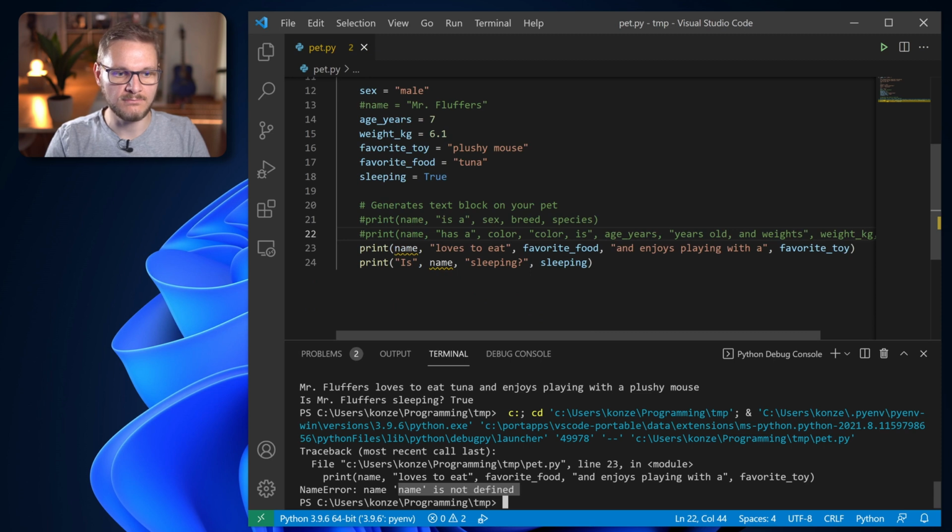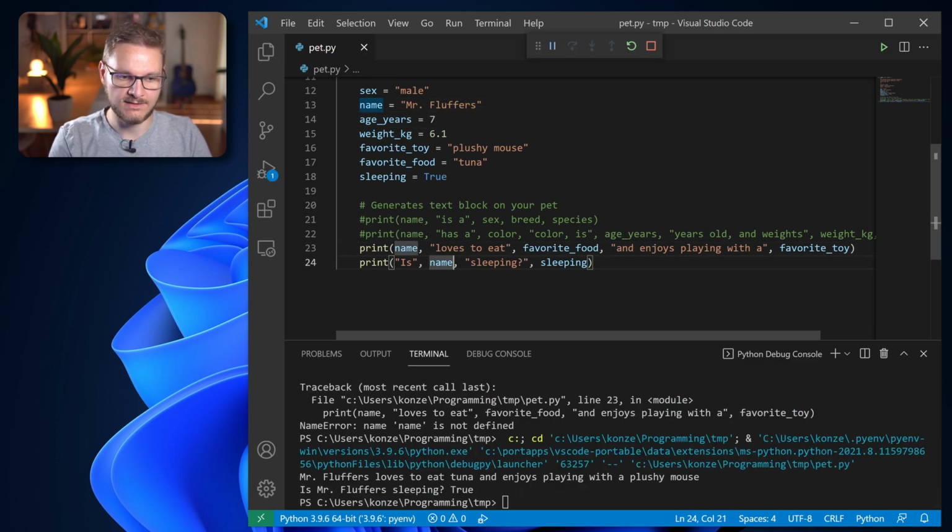So the program down here, also the editor tells us that they are looking for the variable name and where it is defined, and as we have commented it out, it is no longer part of the program. And therefore we get an error down here that name is not defined. So if we comment that back in, name will be defined again, and when we run it we can see